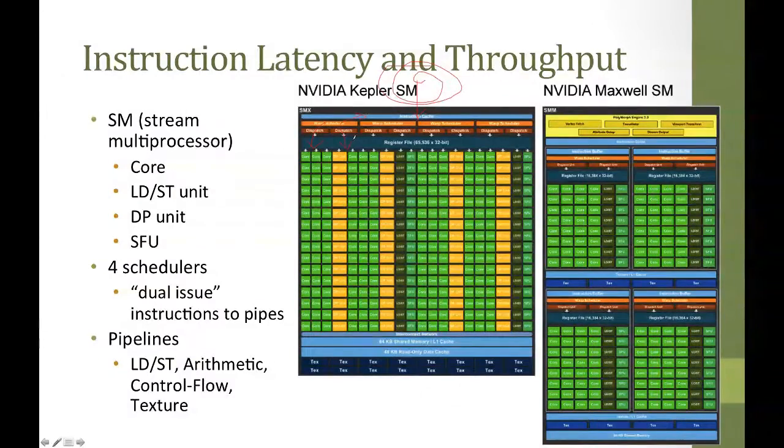For example, if we want to load something from shared memory, it will go through the LD and ST pipeline here. So they pick up some load and store units to run. During the same time, the scheduler can issue another instruction to another pipeline. For example, it can go to an arithmetic pipeline here to do some calculation, for example, adding two